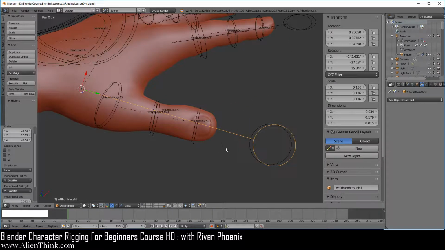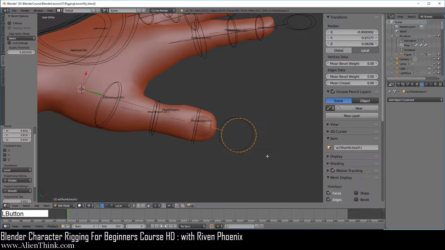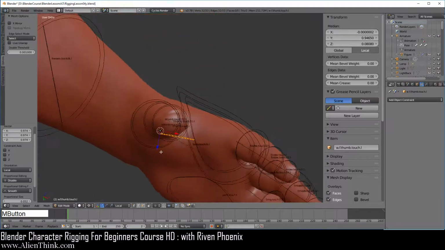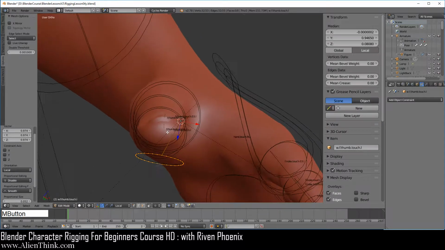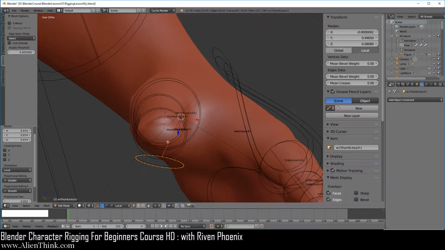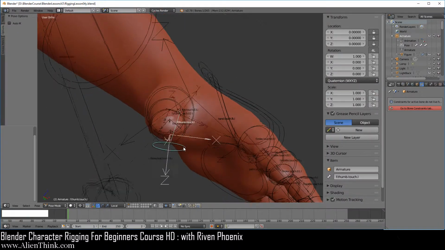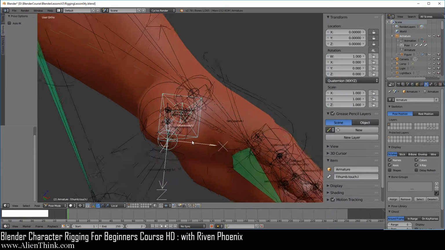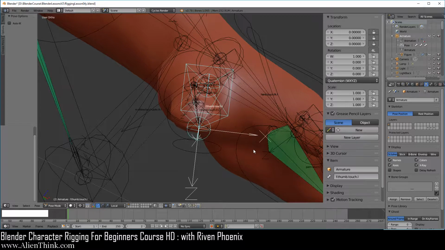Okay, now here you want to do Shift S, do cursor to selected, go ahead and do 3D cursor and press the tab key to go into edit mode and press the S key to scale this down over here. Okay, now here is where you can basically rotate around the X over here, because this is how this is positioned. Okay, so what we're going to do is go ahead and click this over here and go to the bone tab over here, turn up the shapes. So here what I'm going to do is actually change the bone roll of this first. Okay, so press the tab key.